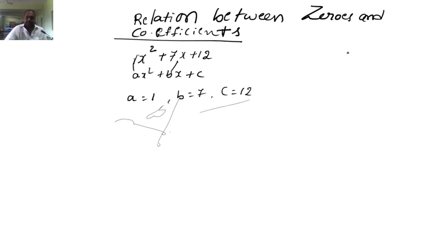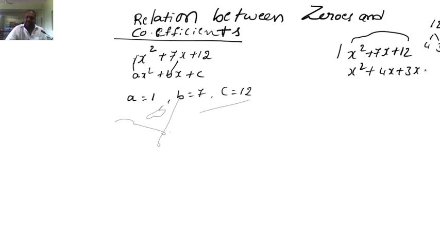First, find the factors of x square plus 7x plus 12. X square coefficient is 1, so 12 into 1 is 12. What are the factors here? 4 times 3 is 12, and 4 plus 3 is 7. So instead of 7x we can write 4x plus 3x. X common: x plus 4. Again 3 common: x plus 4. These are two terms. Let x plus 4 be one term and x plus 3 the other. x plus 4 is common, remaining terms x and plus 3.